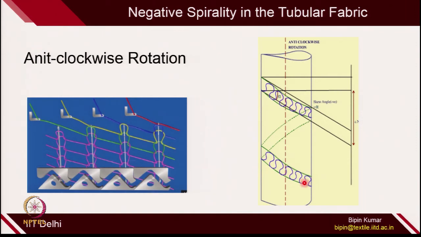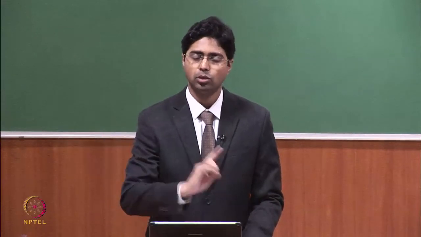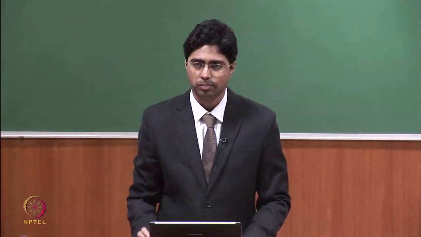Now, the question is, once the courses look like this, the fabric appearance will not be good. So, as a production manager, one has to make sure that the spirality in the fabric is minimized and all the courses at a particular point remain stable in the fabric. It should not follow a spiral path.